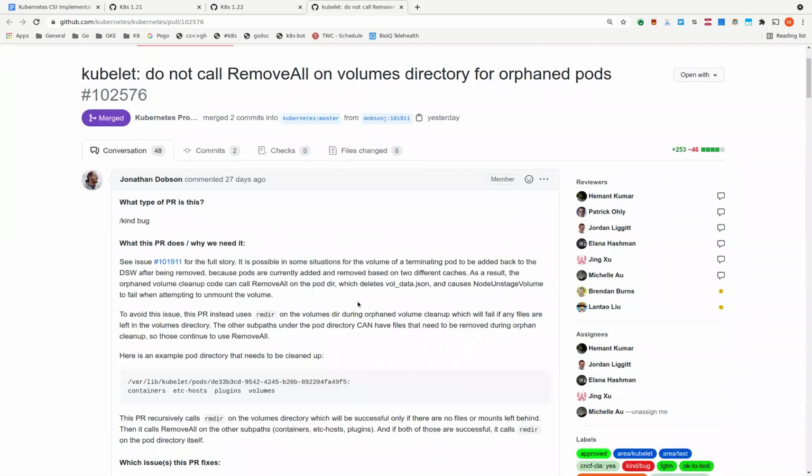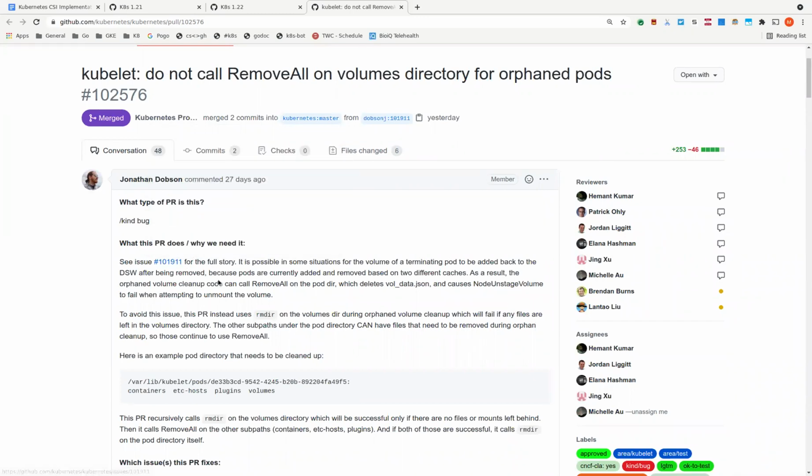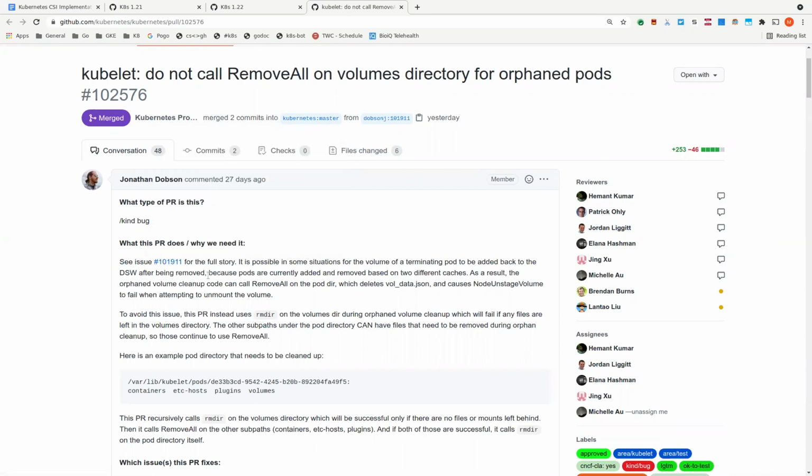So one thing we can do is try to run those tests again and see if they still flake. I think Patrick had added a flag to the hostpath driver to not do strict checking for this issue. I think we can turn that flag off and then check the flakiness of the tests after that.